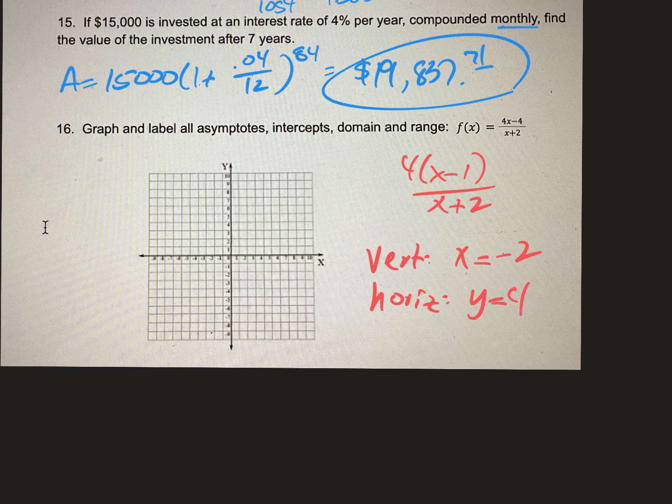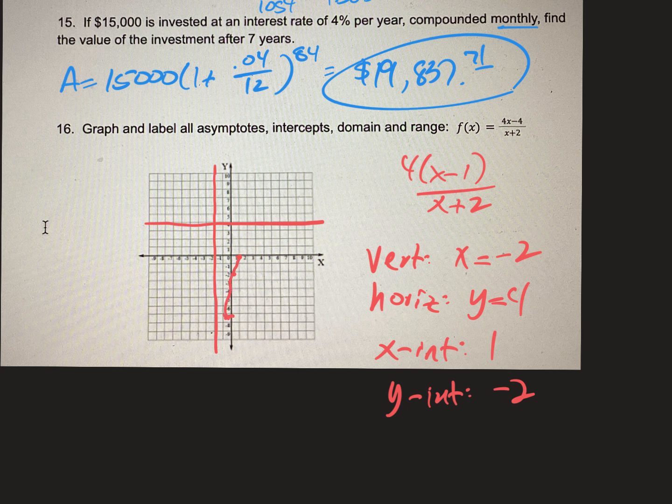My x-intercept, whatever makes the numerator 0, is 1. My y-intercept, if I put a 0 in for all the x's, I get -4 over 2, which is -2. So let's do that real quick. So there's my vertical, x is -2. My horizontal is y equals 4. My x-intercept is 1, and my y-intercept is -2, which tells me that the bottom part of my graph is